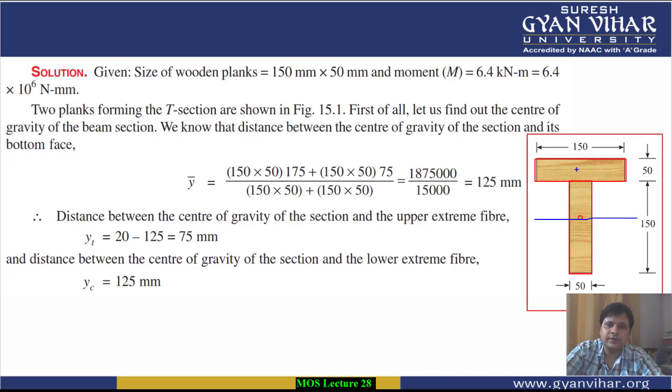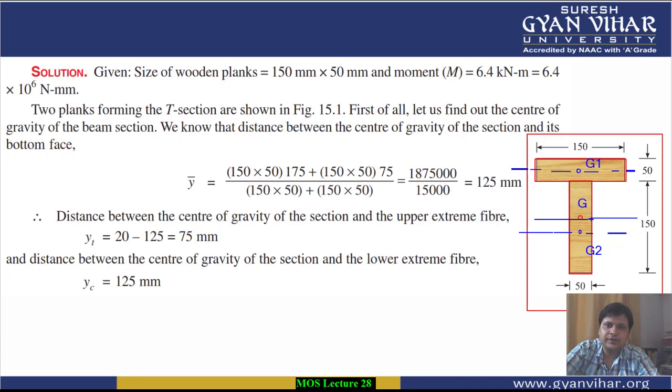Alright, so how will we do it, students? First the center of gravity of this section and of this section, that we will calculate. For example, the center of gravity of the upper rectangle passes through here, and the center of gravity of this particular rectangle passes through here. So what will be the value? Let us name them G1 here and G2 here, and let the common center of gravity be capital G.